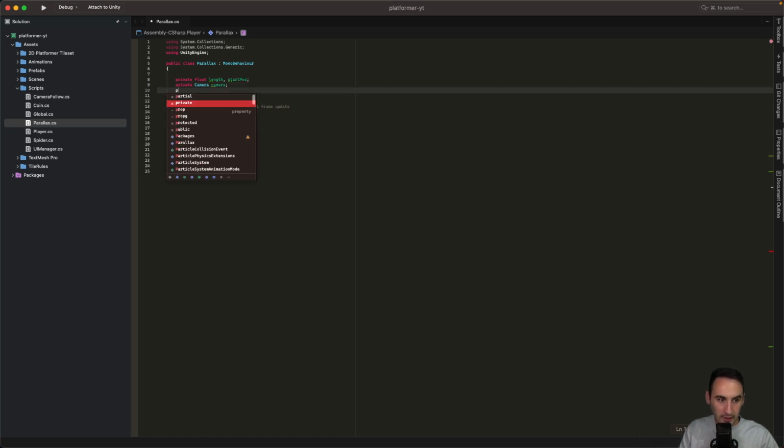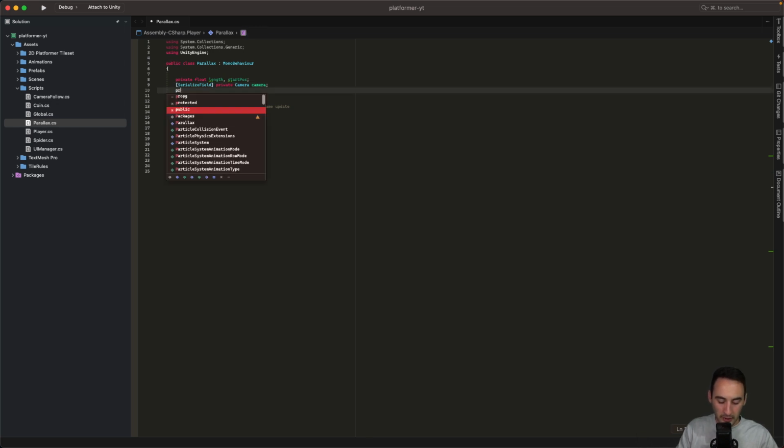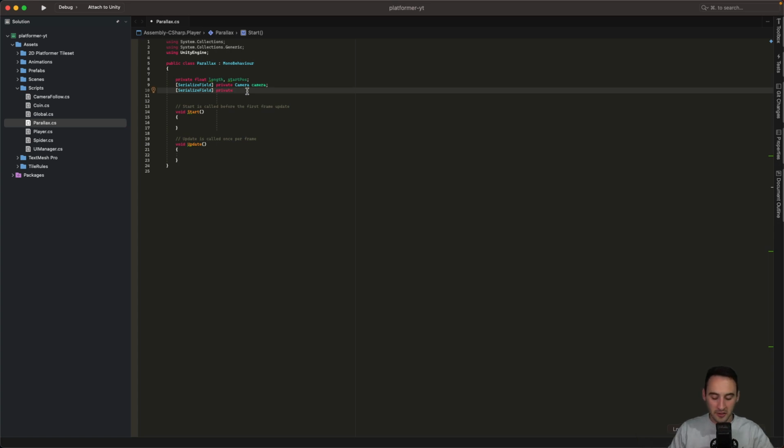And then we're also going to need a parallax effect. So this is going to have to be public because we have to fill this in the inspector, because they're all going to be different values. So let's go and say public. Actually, let's go and make this a serialized field, so that we can drag and drop our camera in it. And then this one will also be private, but it is also going to be a serialized field, because then we can input the value that we want. So this is going to be a float